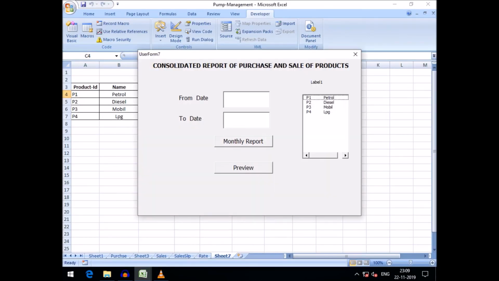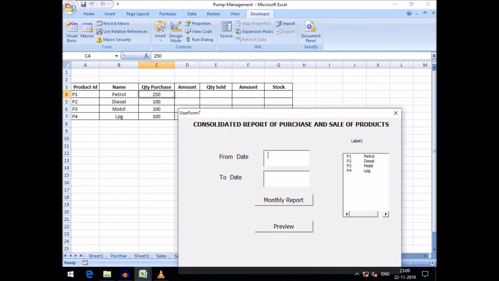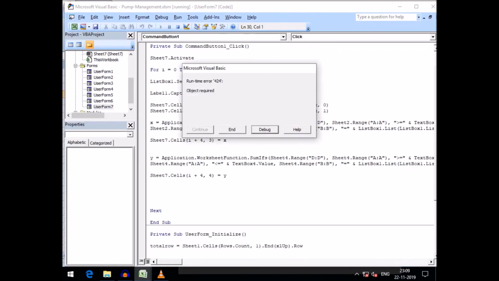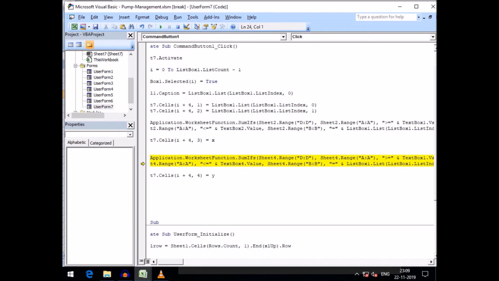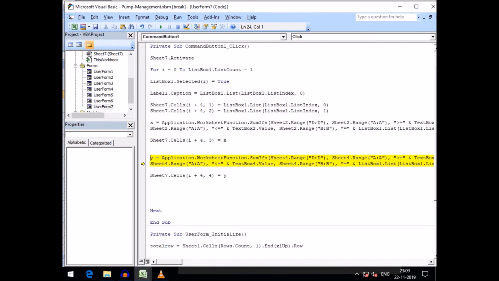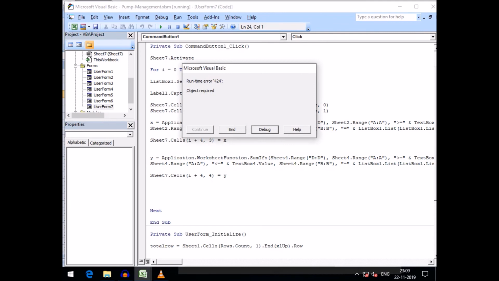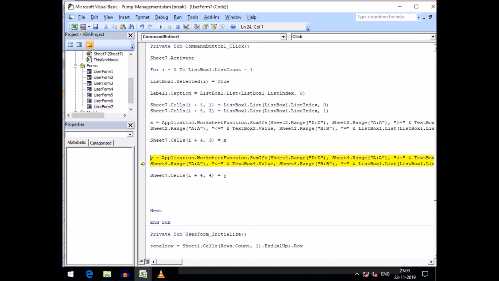Let's run this, and let's give the same date here, the 20th November 2019 to 22nd, you can say. I have only the 21st date report, so if I give it, no matter. So just see debug. What is the problem, friends? There must be some problem. Just say debug: object required. Object,